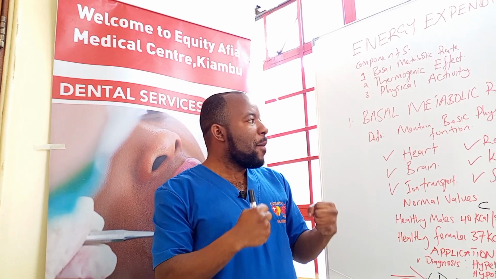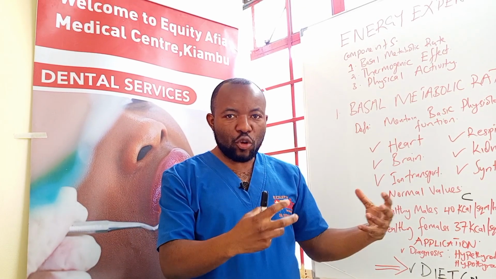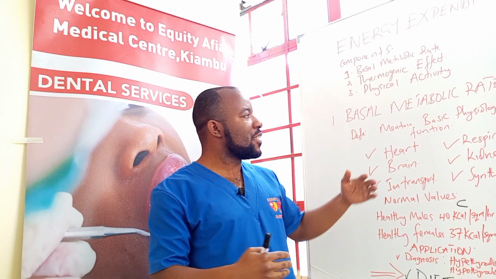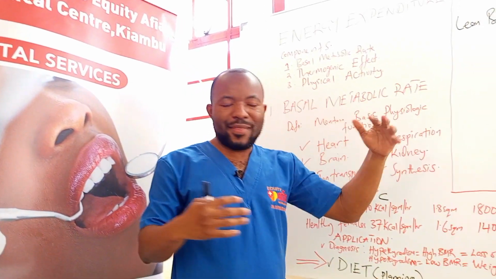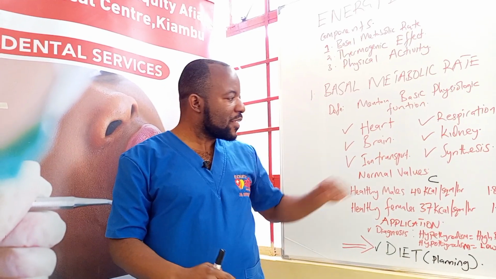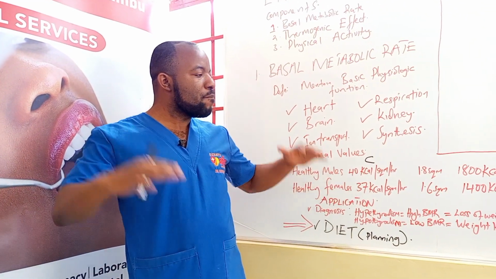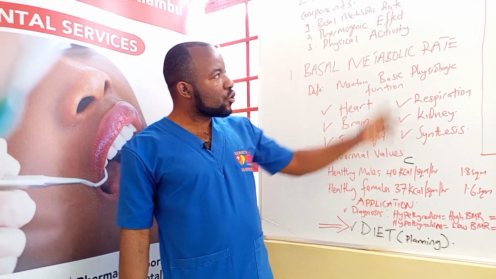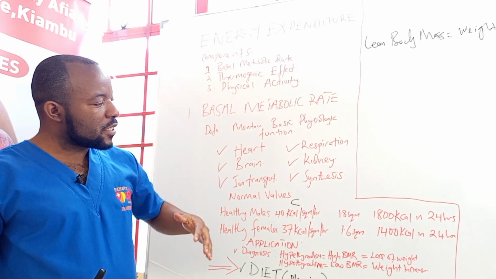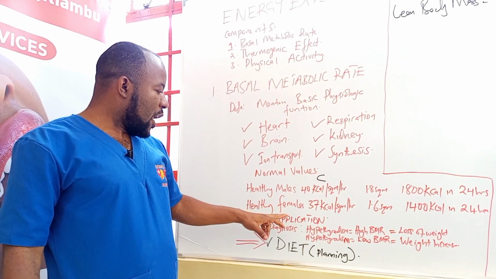So the basal metabolic rate is gotten mostly from the what? The muscle part of it. So your body uses your muscle more than it uses the energy that is coming from what? From the fat components. So that's the reason females need little. It's because they have more fat deposit. So the lean body mass of females is different from that of men. Now, what's the application?